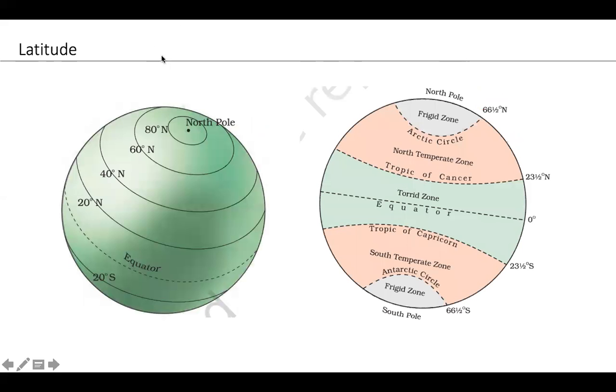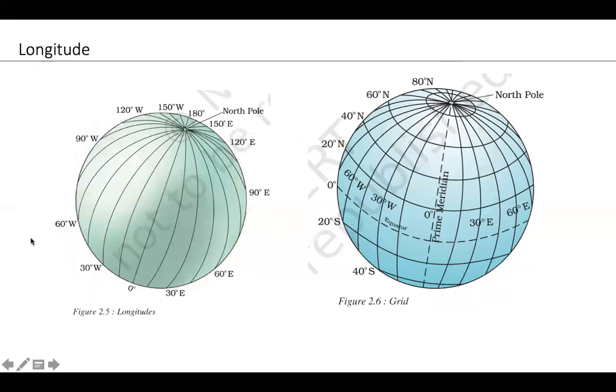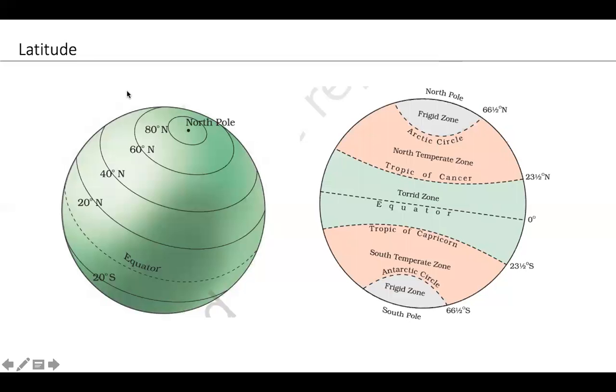Okay, the next topic is latitude. So this is earth, and here the image shows clearly the earth is tilted. What they did is they divided the earth exactly into two equal halves, and they marked parallel lines. These lines are imaginary lines only, made to indicate the place. So this one we call the equator. They divided the earth exactly into two equal parts. This is the upper part, this is the lower part.